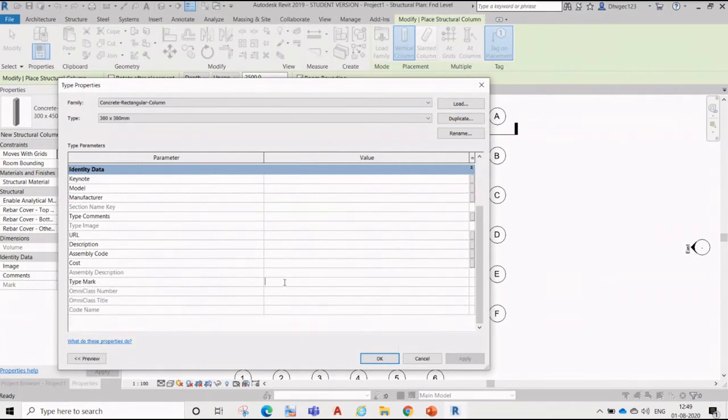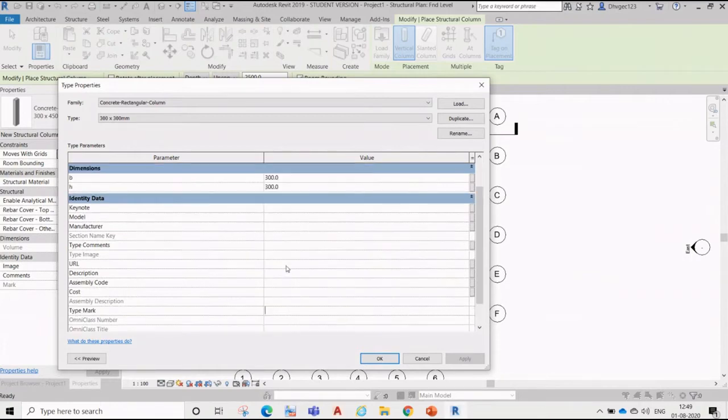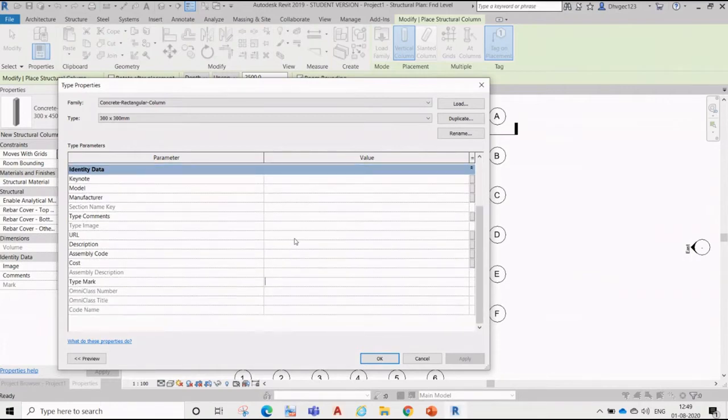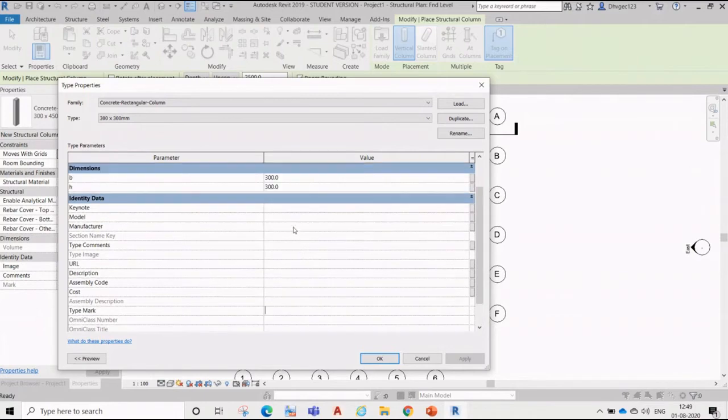If you want to put any mark code, this is very helpful when you are going to build quantity takeoff of this project. Right now we are not talking about it. We'll learn it later.